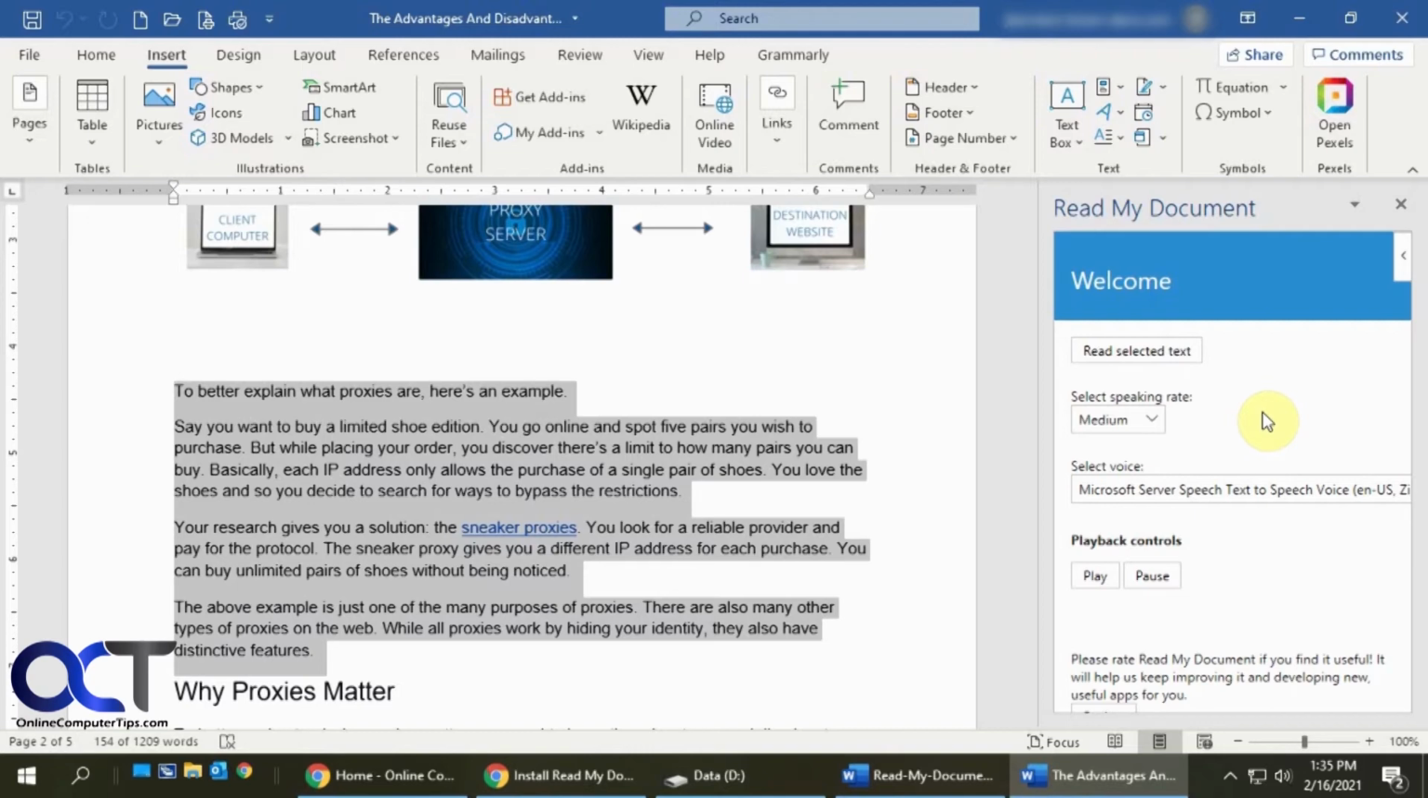To better explain what proxies are, here's an example. Say you want to buy a limited shoe edition. You go online and spot 5 pairs